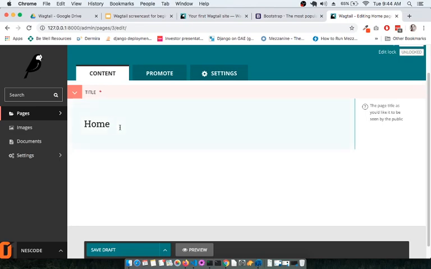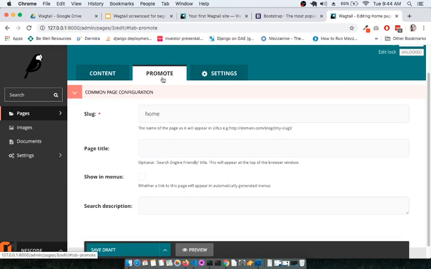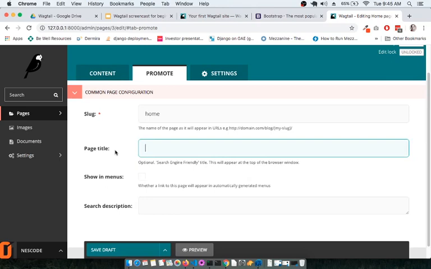The title is basically just what you need for each and every page. Under the promote section, you can see the slug is created automatically. When you create a page, the slug will get created automatically. You don't have to manually create a slug. Then the page title is something like, if you would like to have a page title for search engine optimization, you can have the page title. So let's say we are saying